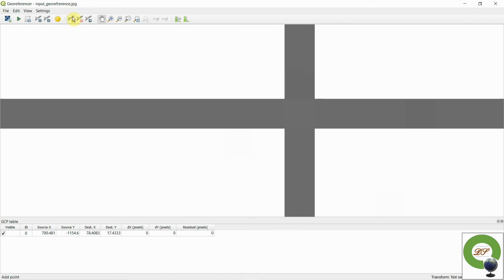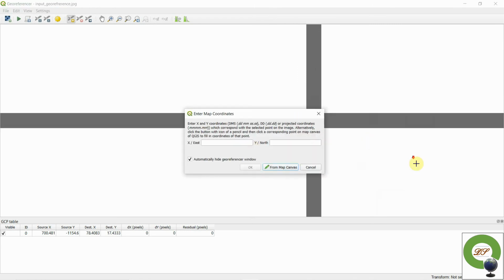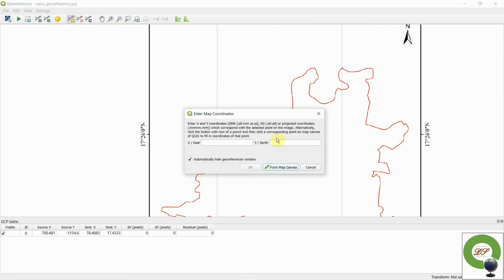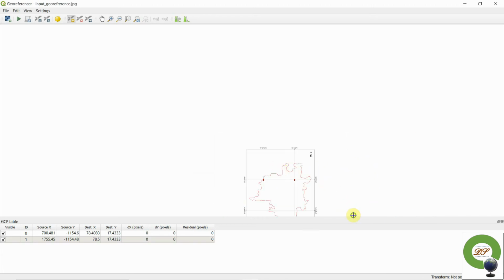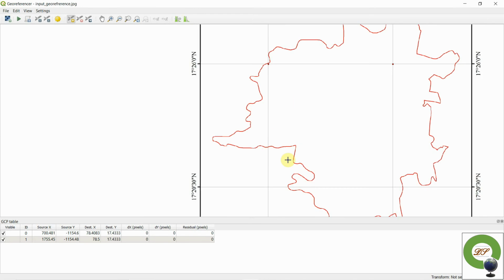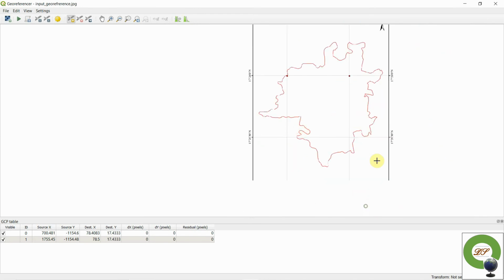Just create new add point, go here and zoom out, add that in the north, add this thing. Okay. 0 seconds, no issues. And here 78 degrees 30 minutes and 0 seconds. Click OK. Now successfully we have added two GCPs.